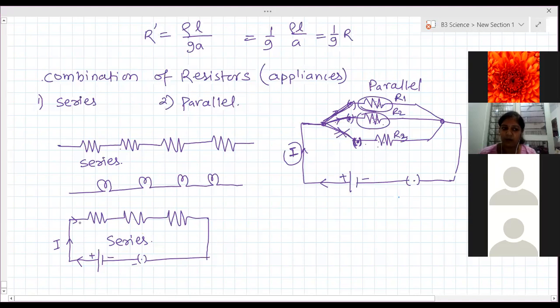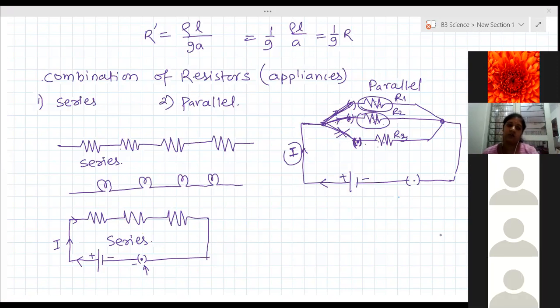But in this case, what happened? If I connect a switch and switch off this key, what will happen? The current will stop flowing. None of them will function, because the full circuit is now broken. It is an open circuit, so no current flows through the circuit. Right? Clear? Yes, ma'am. Got it. The circuit will be open now, because the circuit is not closed.